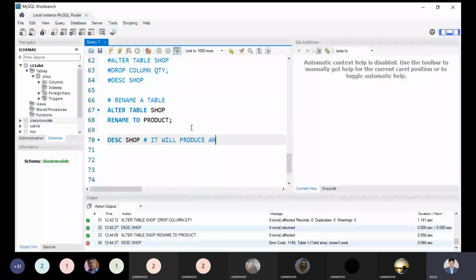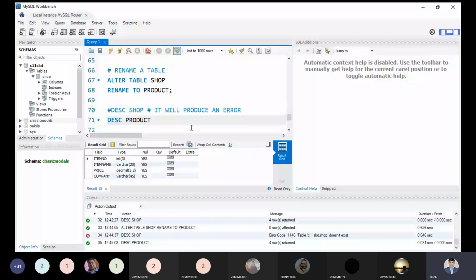What I will do? Just tell me product. Tell me yes or no. Yes, now I'm getting the result. So what is happening over here? If I'm changing something in my physical schema, then the logical schema, the values held by item number, item name, and company price, will not be changed. So this is how I am following data independence. Now practically I am showing the data independence. Is it clear to all right now?